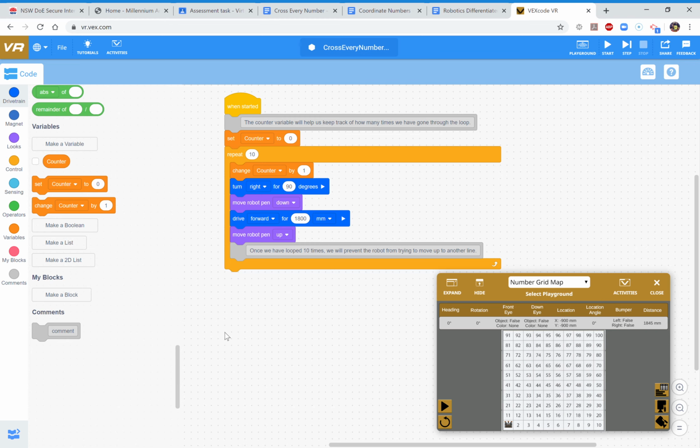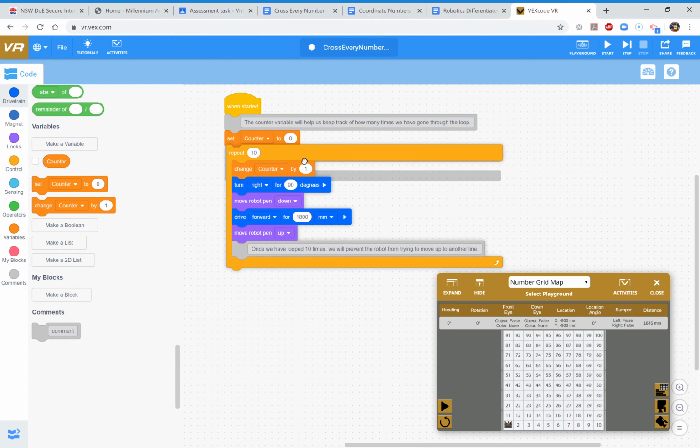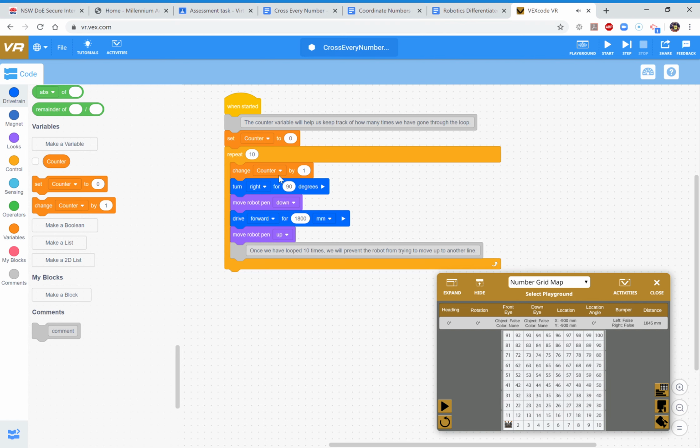Righto, we're going to cross every number. So I've started by setting up a few little bits and pieces. I made a variable called counter and I'm going to set it to 0. What counter is going to do is keep track of how many times it goes through this loop. Now this loop adds 1 to the counter